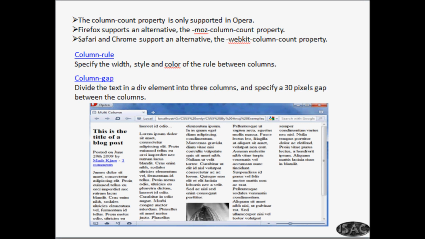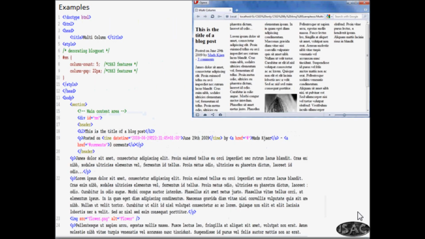So let us have the example here now. Have you noticed this code where I have given some name and say column count equal to 5? Make it 5 columns, see. And column gap is what? 22 pixel. So if we are writing some article and say ID equal to that name, right?